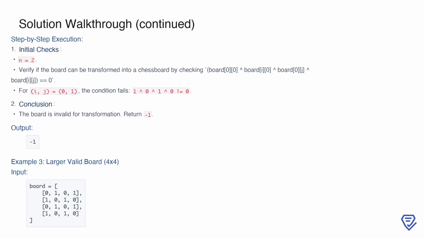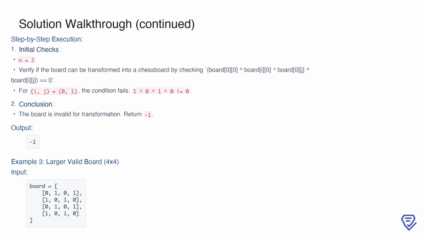Now, we look at an example where the input board has an invalid pattern. For this 2x2 board, we again start by determining the size, n, which is 2. Next, we check the XOR condition to see if the board can be transformed into a chessboard. While iterating through the indices, we find that the condition fails for the combination i, j equals 0, 1. Specifically, the XOR of the elements at this index does not equal 0, indicating that the board does not have the alternating pattern required for a valid transformation. Since the board fails this critical check, we conclude that it cannot be transformed into a chessboard, and the output